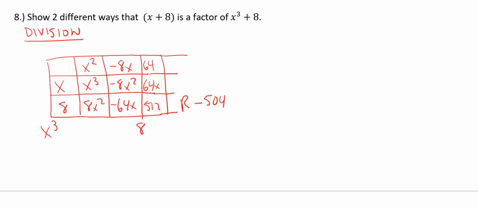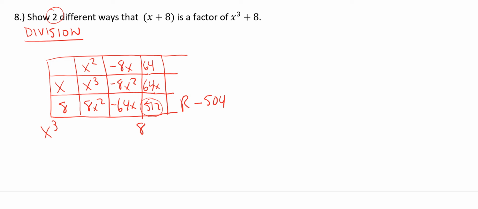So when I add the remainder to this, I should get 8. And so when I do that, I do get 8. So my remainder is 504. All right, so this is not a factor because we're getting a remainder, but it says to show two different